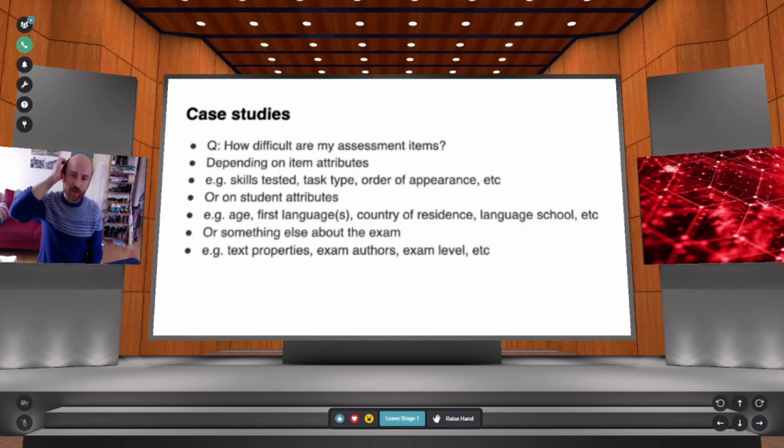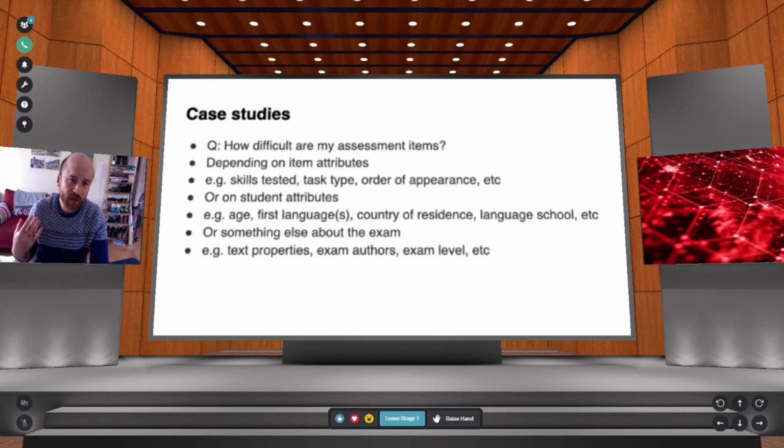Okay, but then you might also think, all right, those are the headline statistics, really. Those are the fundamentals that you want to know. But also you could do more nuanced things. You could look at the attributes of the items and then look at how difficult each type of attribute is. So for example, what skill is being tested? Is it listening or speaking? Is it careful listening? Is it close reading? Is it summarizing skills?